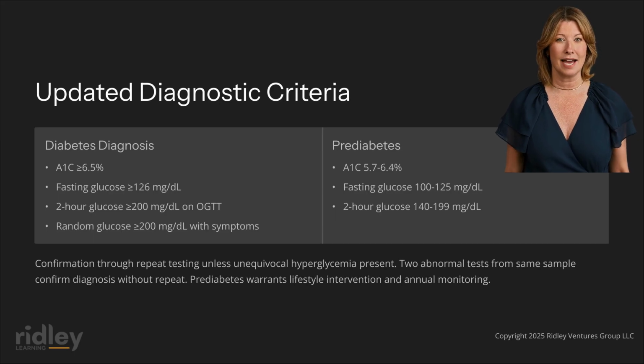Let's review the updated diagnostic criteria for diabetes mellitus, which have remained largely stable in recent guideline iterations, reflecting the robust evidence base supporting established glycemic thresholds. The American Diabetes Association's 2026 Standards of Care specify that diabetes may be diagnosed in non-pregnant adolescents and adults by any of the following laboratory criteria: hemoglobin A1C of 6.5%, which is 48 millimoles per mole, or higher using a standardized assay; fasting plasma glucose of 126 milligrams per deciliter, or 7.0 millimoles per liter or higher after at least